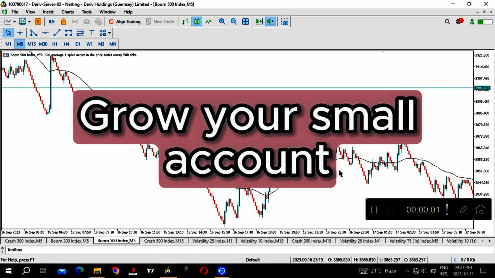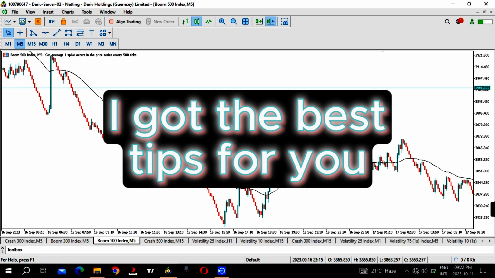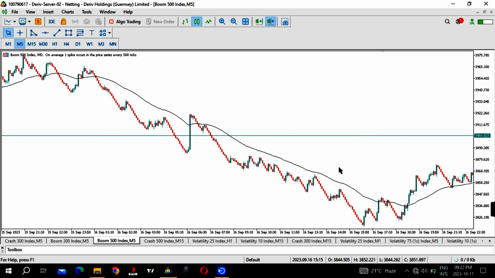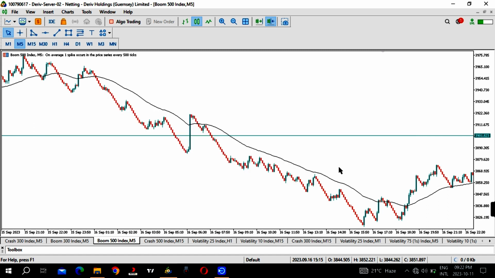So if you want to grow your small account when you're trading Boom and Crash, today I've got the best tips for you. First of all, what I just want to advise you guys is when you're growing a small account, you don't have to over leverage your account, right? So the first tip that I'll give you is make sure that you get as many entries, as many chances